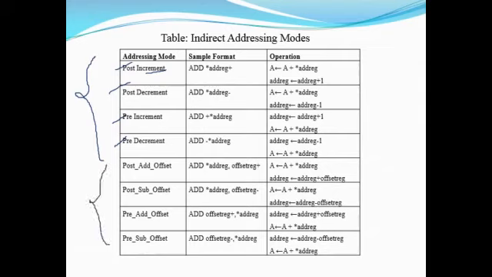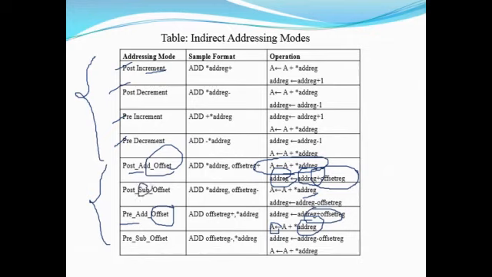So this is what we consider under the addressing mode. The other four are post as well as pre along with the offset. The offset address is specified; it is just a value. Offset is a displacement. So the displacement value is specified in the instruction, based on which, depending on the instruction, the content is moved into the accumulator, then the offset is added with the content of the register and stored in the register. Or the other way, you perform the addition first with the address, then store it in the accumulator.